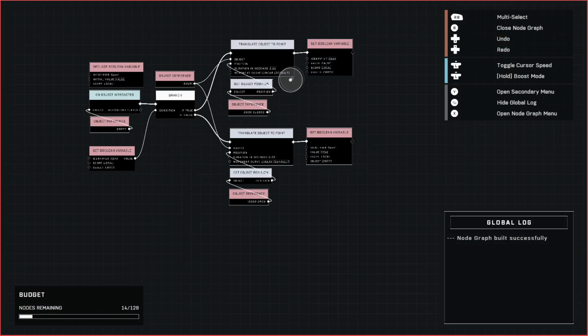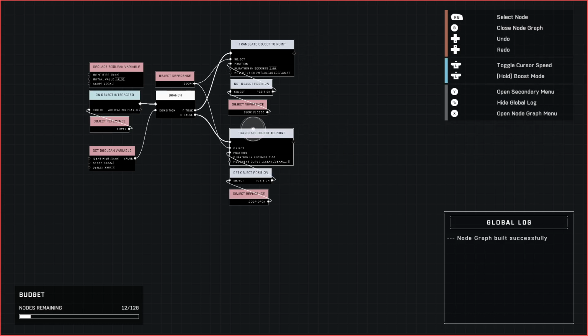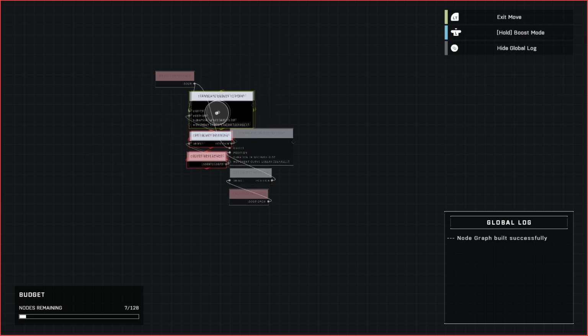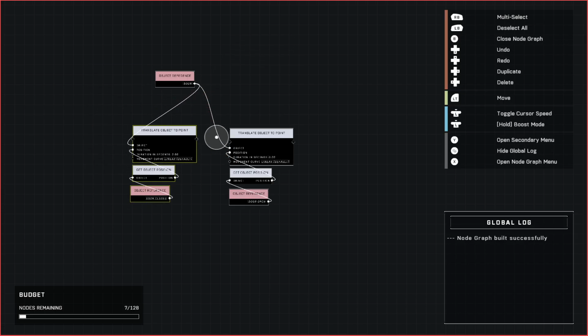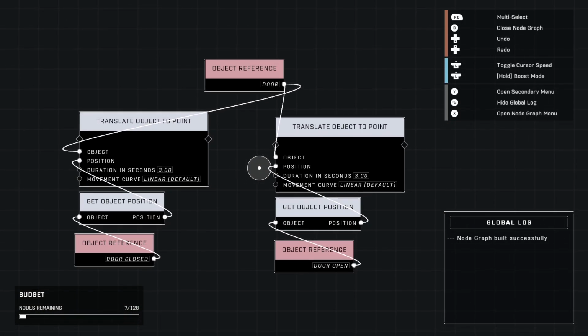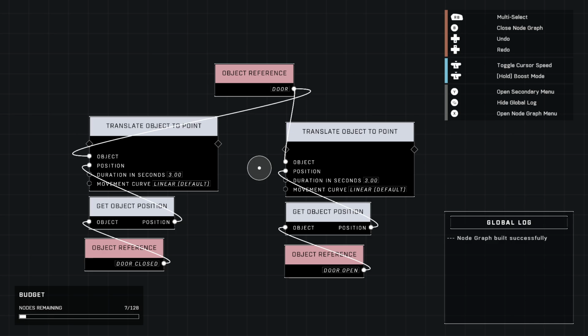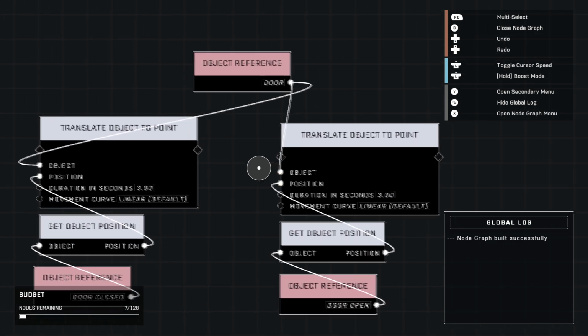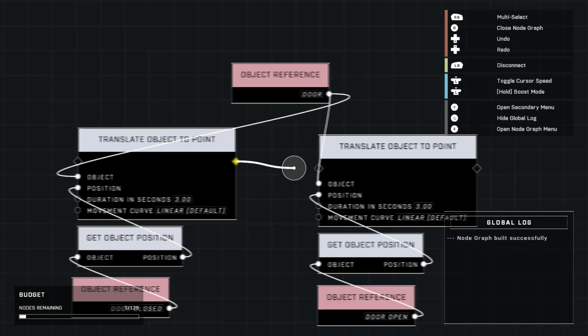So for the script, we don't need this. We don't need this. We don't need this or any of this. It's awesome. What we do need, though, is these. These are core. These are the only things that you need to make a door script. These are the only things you need. You need your trigger, of course, but I meant for this specific door script, you just need these two